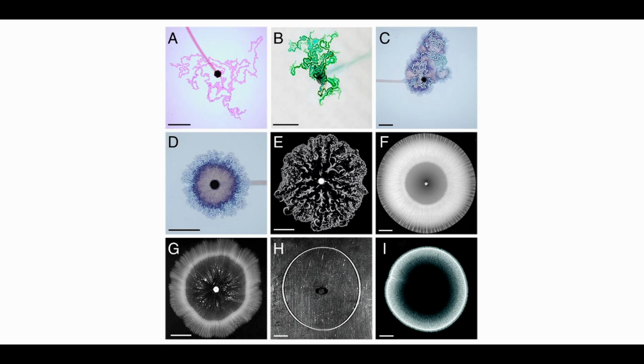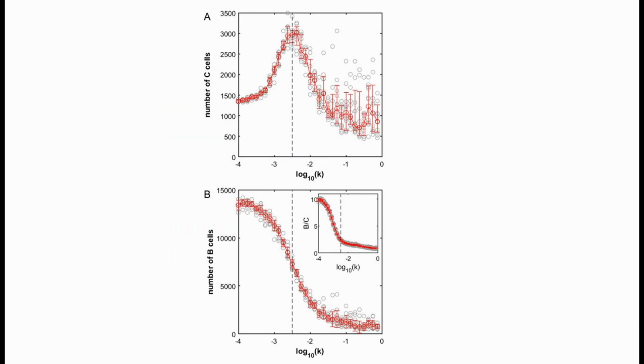Speaking of experiments, the authors compare their simulation results with experimental observations extensively. For example, they match the different pattern types, filaments, irregular structures, and circular fronts, with those seen in experiments by adjusting the aging rate and spatial slack parameters. They also quantify their results. They analyze the total number of precipitate cells as a function of the aging rate. They find that there's a maximum in precipitate formation at intermediate aging rates, corresponding to the transition between circular fronts